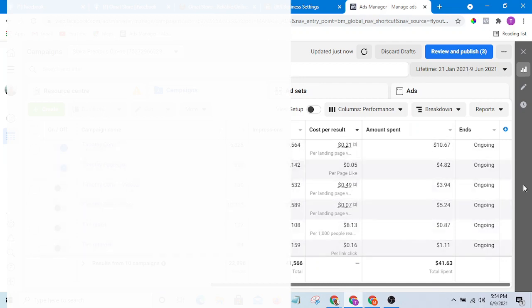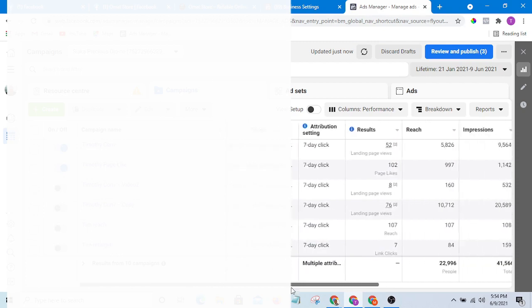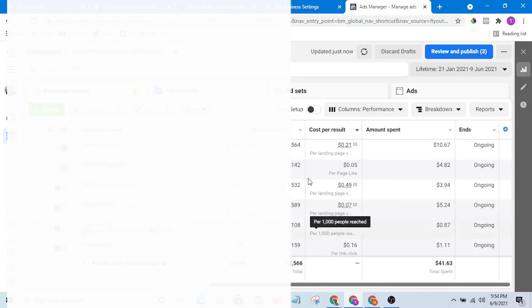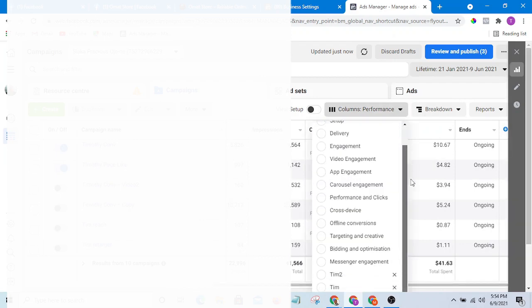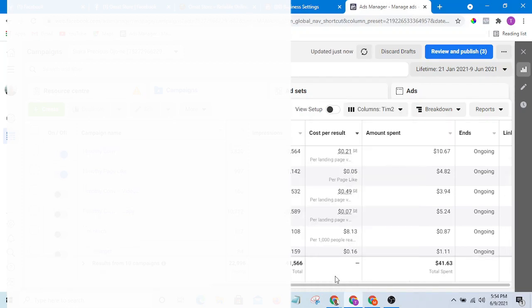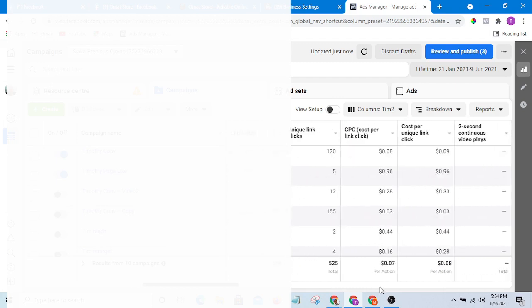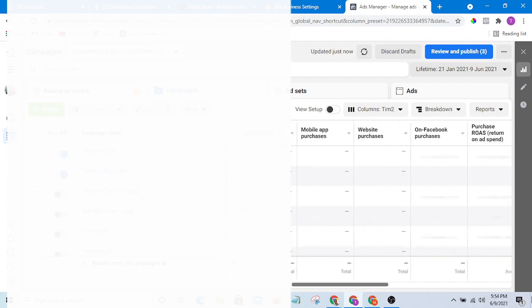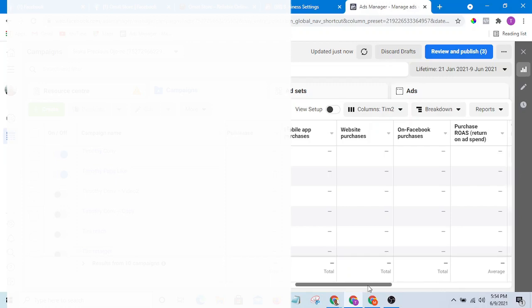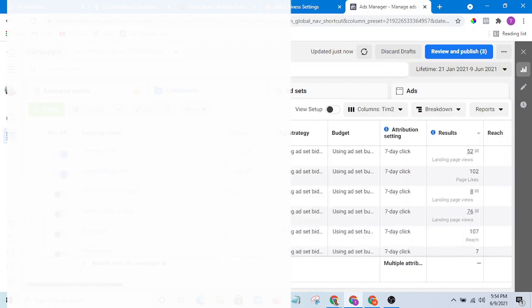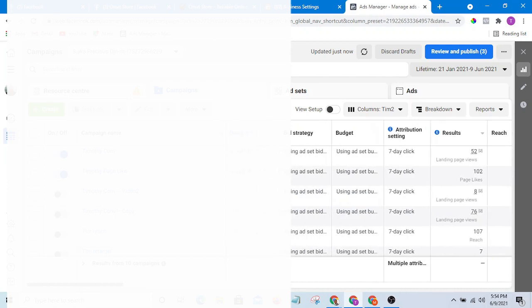This is how it displays normally. So how do you bring your presets up? You simply click on this drop down and go down to the last part here. This is the preset we have just saved. You simply click on it, and it will bring up all the settings you have done before. As simple as that. So you'll be able to know how your ad is performing.